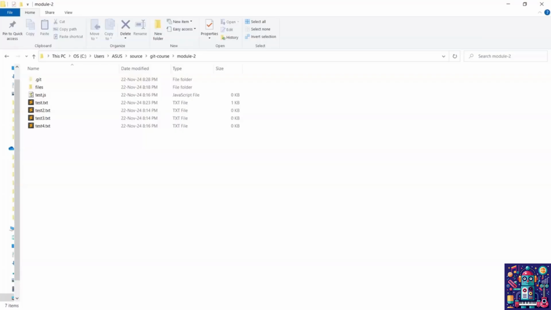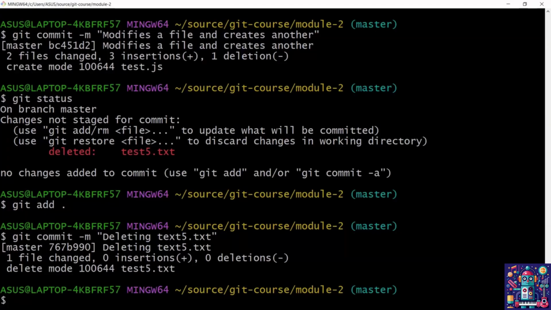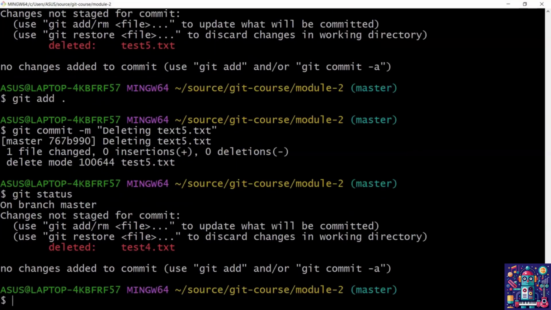Now, let's, for example, delete yet another file. For example, this one. I will delete it. Now, if I say git status, we can see that we have that pending. Of course, we don't have to keep doing git status. I'm just doing this so you see what we have here. I can directly go to git add and git commit. But what I wanted to show you is that if a file is already being tracked, like this test4, something that we can do is that instead of doing git add and then git commit, we can do them in the same command. So I can say git commit -a of add and m of message, and then right here,